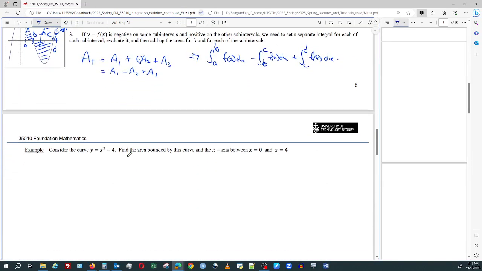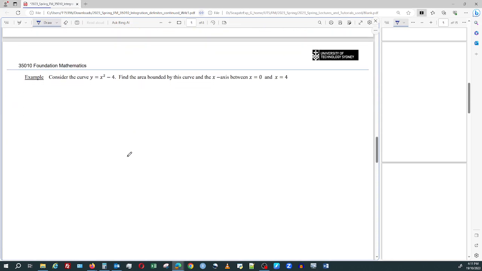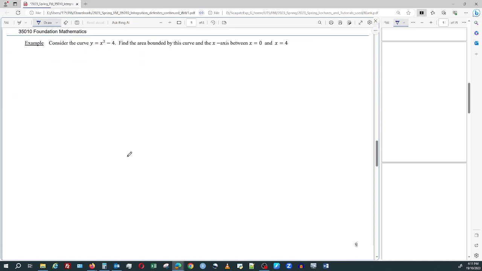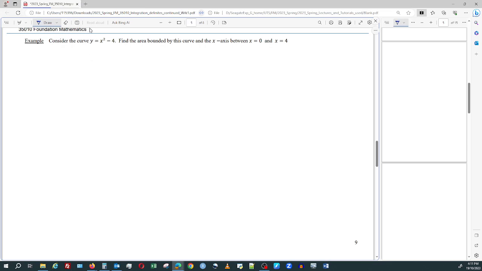All right. So let's think about this from the point of view of this example, which says to us, let's do x squared minus 9. Find the area bounded by this curve and the x-axis, and then it specifies the interval. It doesn't just say find between the x-axis, it's specific. Now that's got a plus and a minus to it,